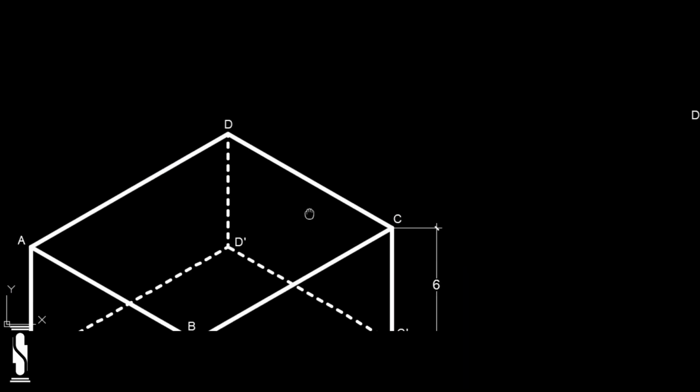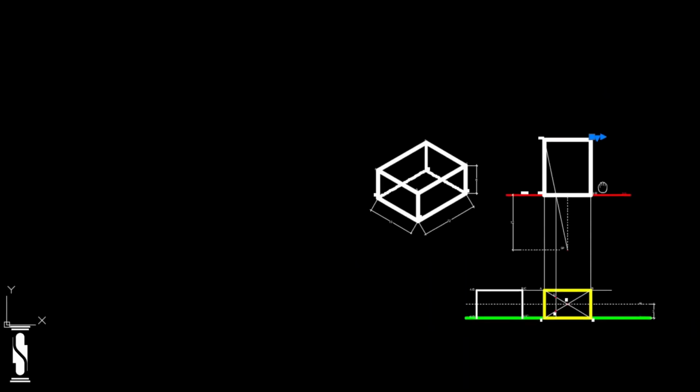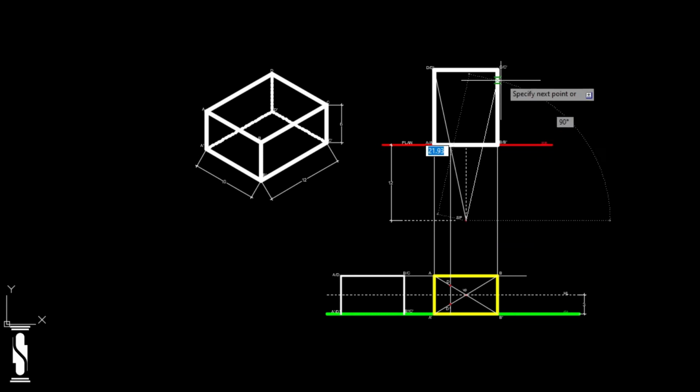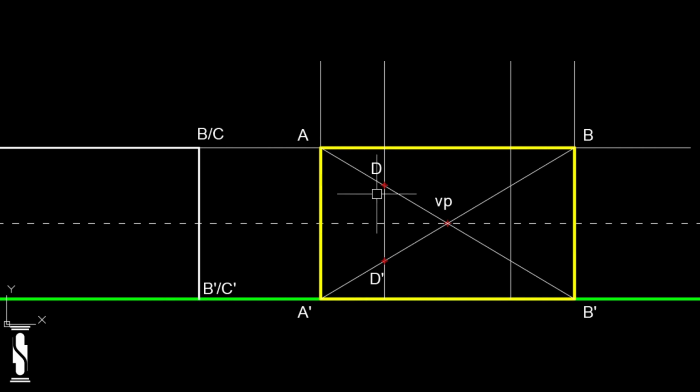Now it's time to find the points C and C'. To find these points, we have two options. One is to draw another visual ray from the station point to point CC', and wherever the visual ray intersects the picture plane, drop a vertical projection line from that point towards the ground line. We can clearly see that this projection line is passing through the receding line originating from points B and B'. Wherever this projection line intersects the receding line, name the upper point C and the lower point C', as point C' is resting on the ground.